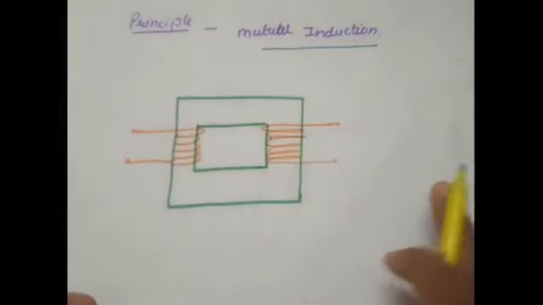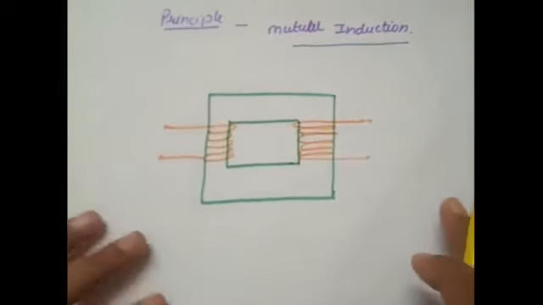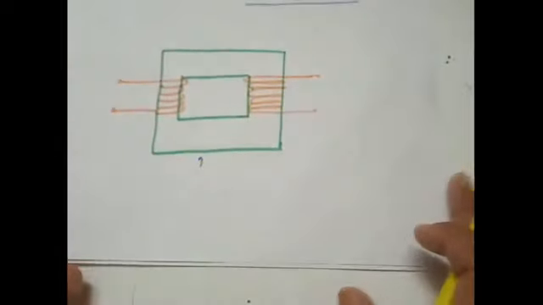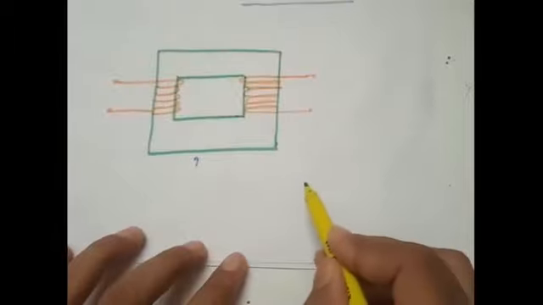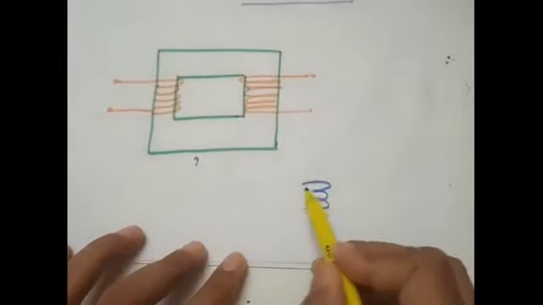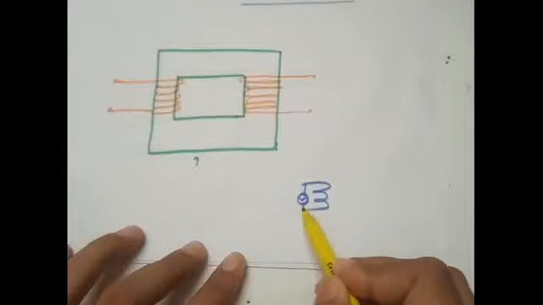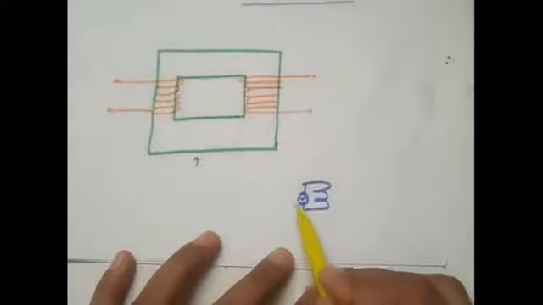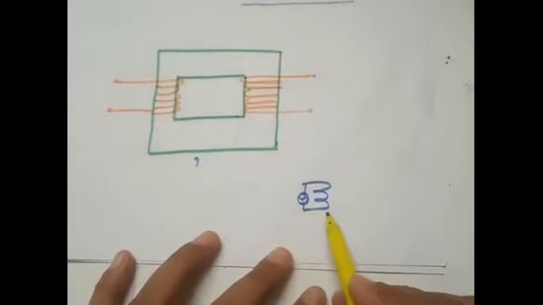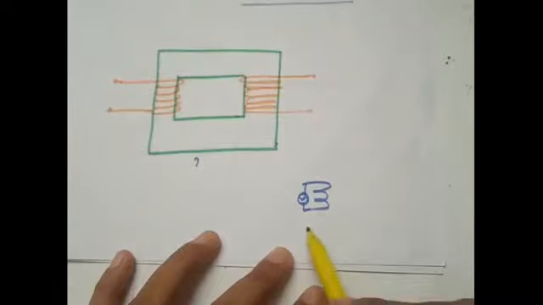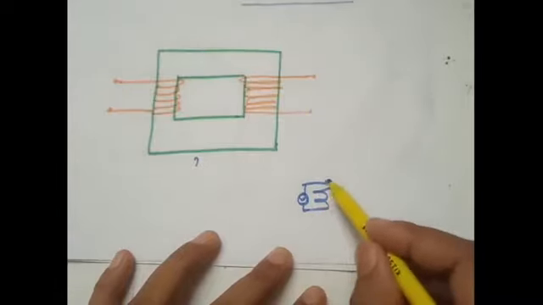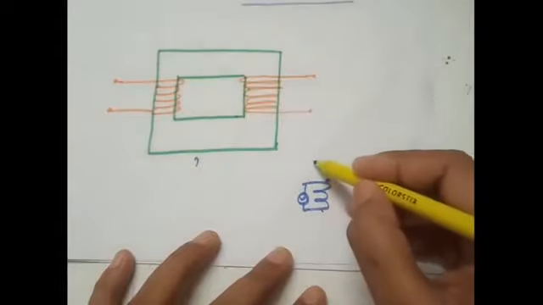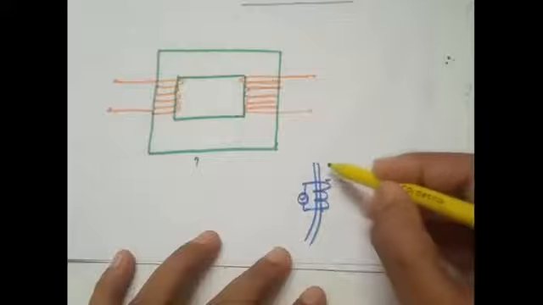And how are these two coils arranged? So we have the construction part. We'll come to this construction later, but let me show you that we have one coil to which we supply AC electric current. When we supply alternating current to this coil, the potential drop will be generated across it, or the current will flow in the conductor, because of which a magnetic field will be produced in this coil.